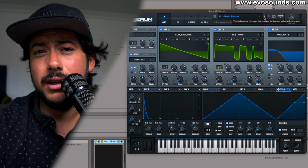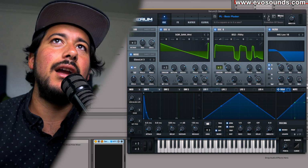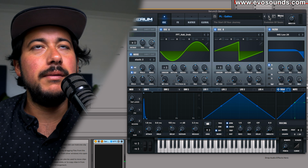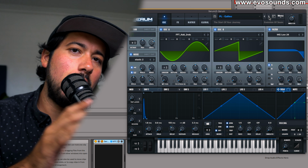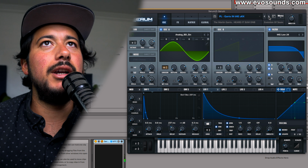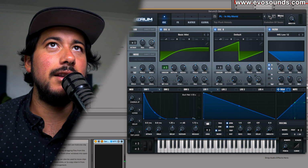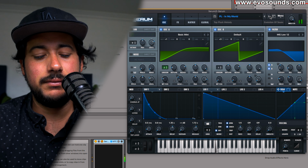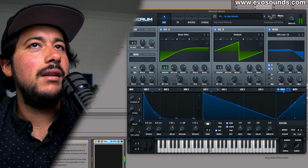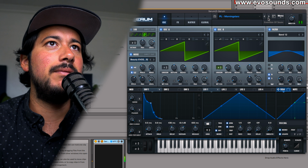From there, the rest of the presets in Serum will be pads and plucks, which are going to be pretty standard. I feel like with this stuff, the only difference between drum and bass and some of the other genres is that the leads are just a little more pushed. But there's going to be nice ones. There was a Martin Garrix pluck in there. It's a nice contrast to have, though, because we just went from